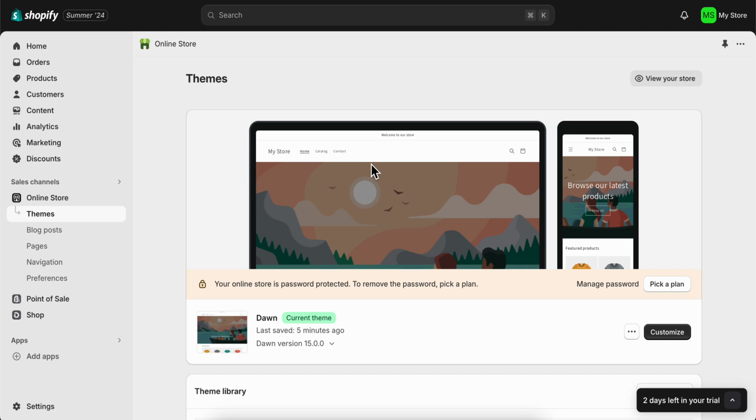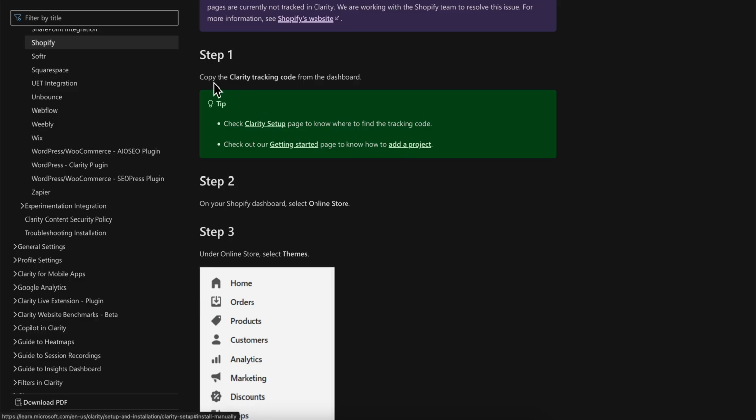How to install Microsoft Clarity on Shopify. So what you're gonna have to do is simply copy the Clarity tracking code from your dashboard, and then what